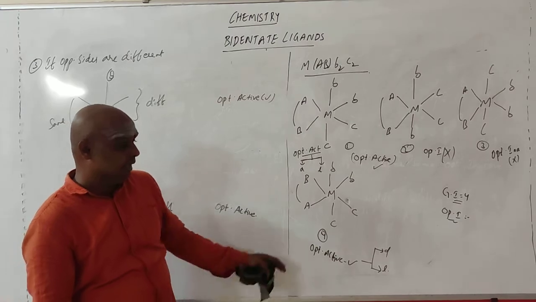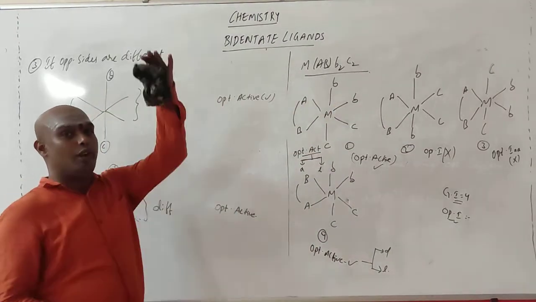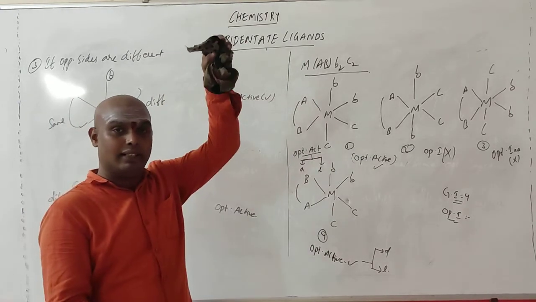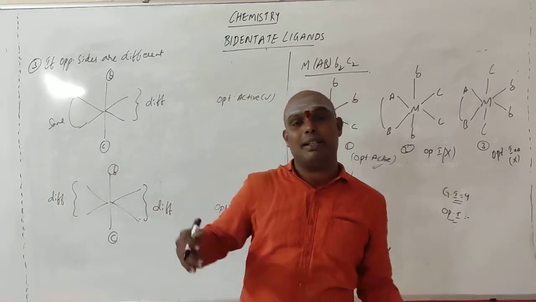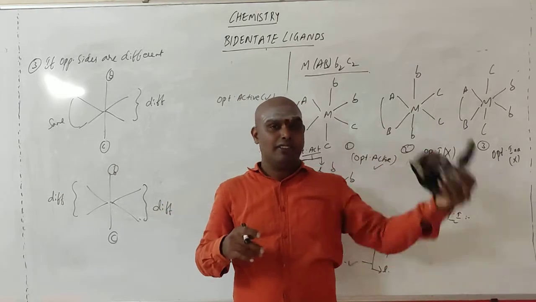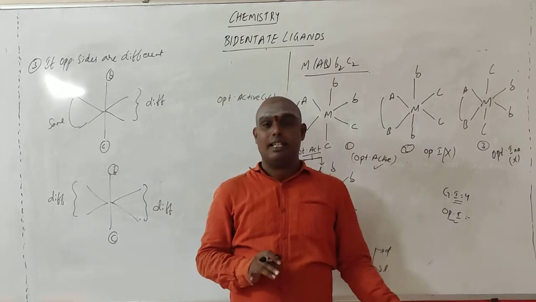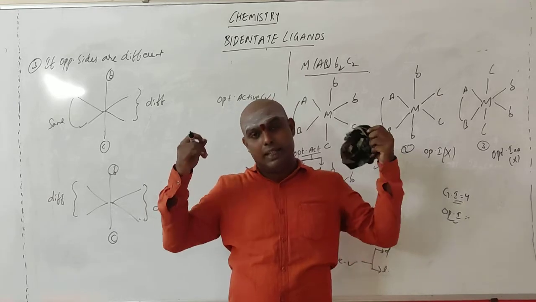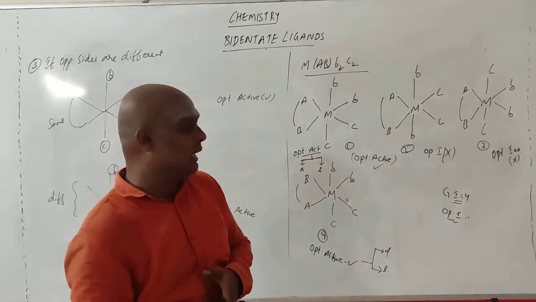Okay? Right, like this we will get the geometrical isomers as well as the optical isomers. Top and bottom, you check if they are same, optically inactive. If both are different, check the left side as well as the right side. If the left side you are having the same and the right side also same, then it is optically inactive. Top and bottom are different, left side is different, right side is same, optically active. Left side same, right side different, optically active. Both are different, optically active. Because even if one difference is there, then that is called as optically active complex.